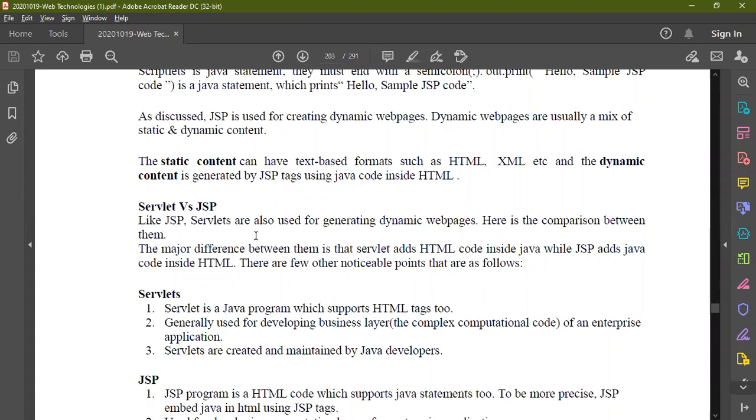But the main difference, whenever someone asks you what is the difference between a servlet and a JSP, is this: though both are used for implementing the business logic, servlets are complex in nature, because in a servlet we are writing Java code, and inside the Java code we are going to embed some HTML tags. I'm repeating it again. We are writing a Java file, and in that Java code, you are going to embed particular HTML tags.